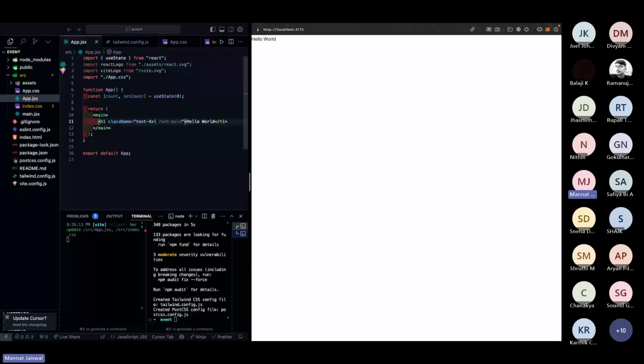If I want it even more big, I can write text 4XL, and as you can see, this again increased its size. If I want it bold, instead of going back to the CSS file every time, selecting that element using the class name or using any kind of query, you can just write it over here, save it, and you can see the changes in real time. Okay. So this was one of the examples of how you can use Tailwind CSS to speed up your development process. Now, I'll show you a project that I made,